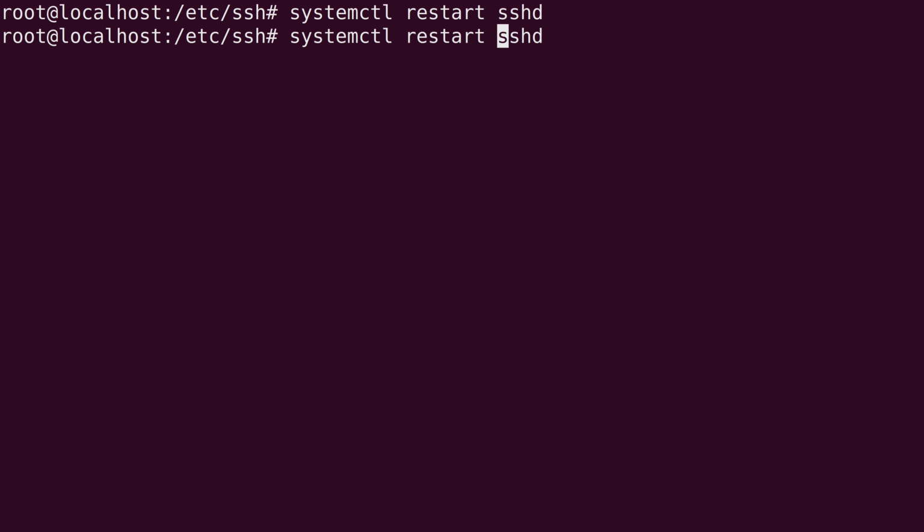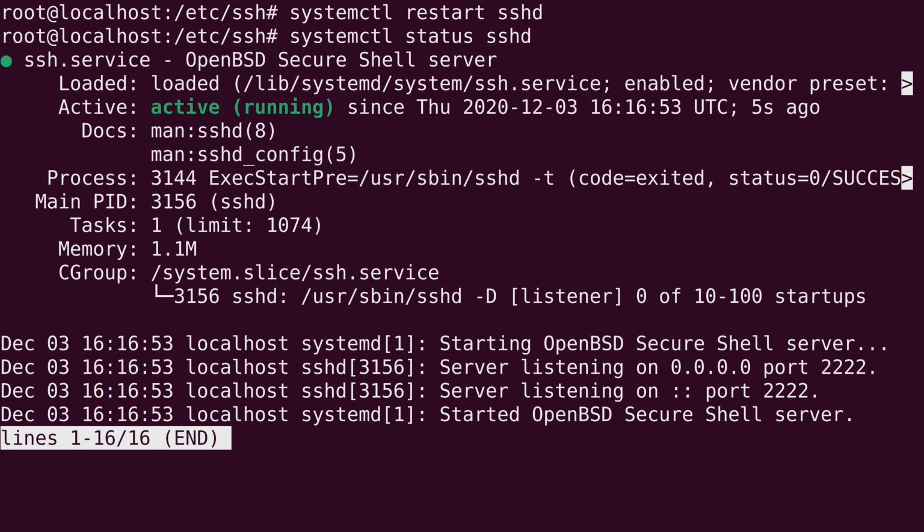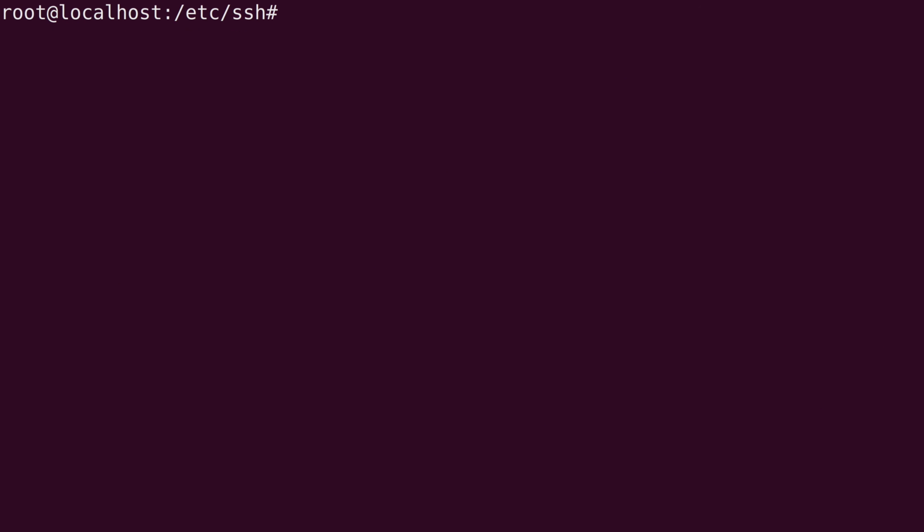And then I'll check the status to make sure that it didn't fail. And it's running. So now what we need to do is test the configuration changes and make sure that SSH still works. What we absolutely don't want to do is disconnect our session, because if I was to disconnect right